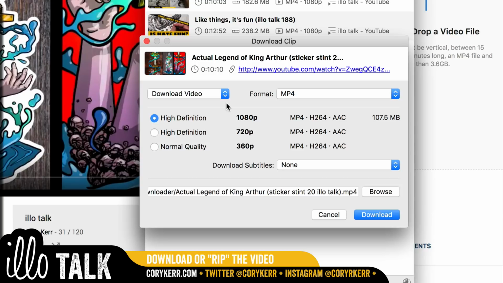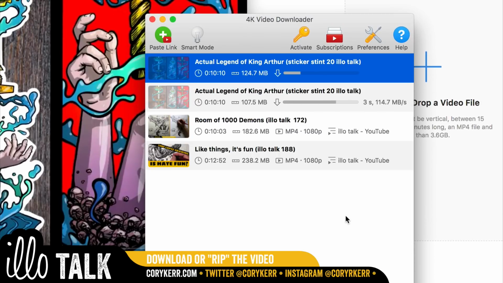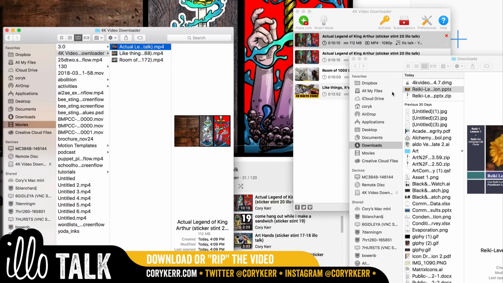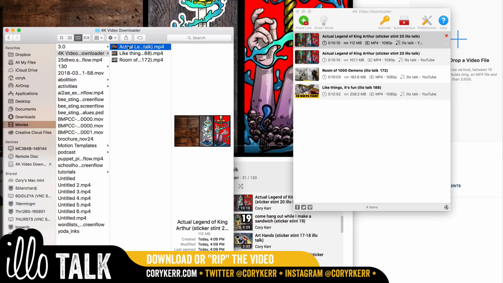So let me show you how to do this. Download video. We want it to be an MP4 because it says MP4 over here. So we're good with that. Let's go high definition, and we'll go download. Click on this little button and go to Show in Finder. And then on Show in Finder, you now have the actual Legend of King Arthur,